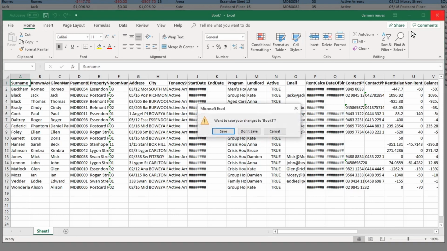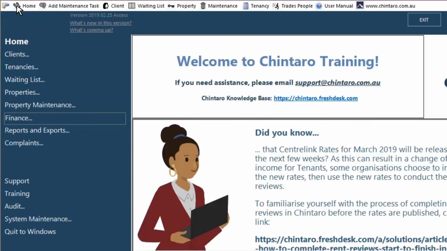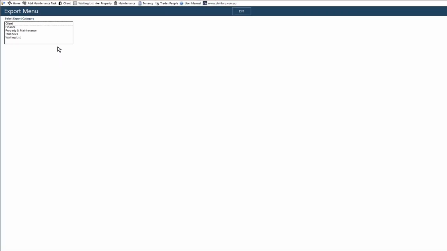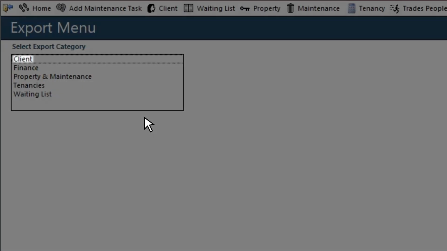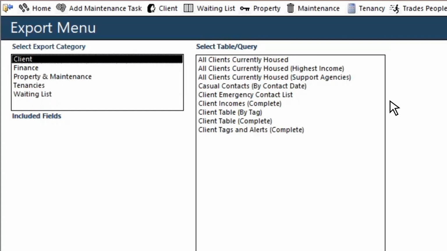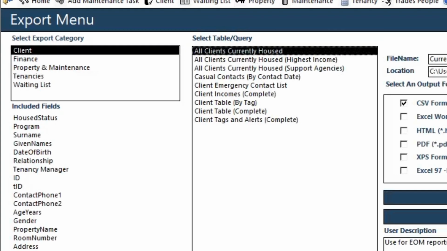If we close this spreadsheet and go back to the home screen in Chintaro, we also have a section with many other specific exports if we click on Reports and Exports and then Exports. The export screen is similar to reports, but there are a few key differences. We still have the same categories here: client, finance, property and maintenance, tenancies, and waiting list. But when we click on an export category, for example, clients, we see the exports we can run are on the right-hand side here. When we select an export, for example, all clients currently housed, we see the included fields